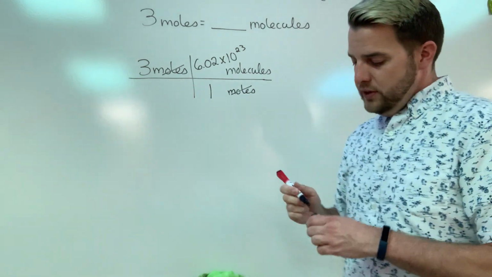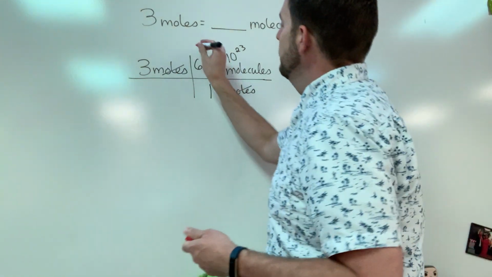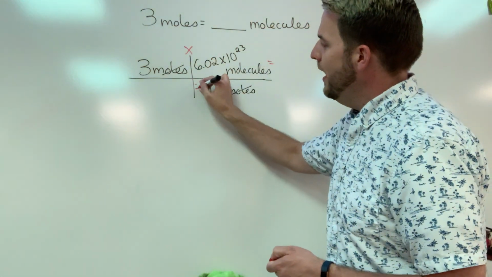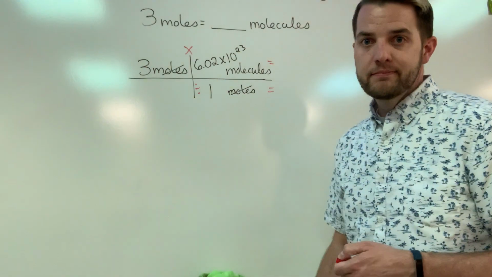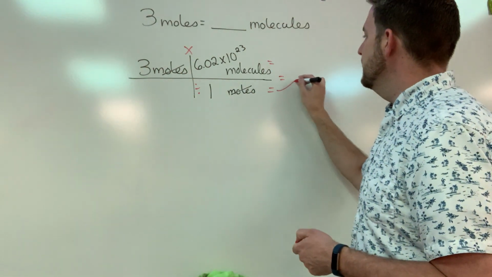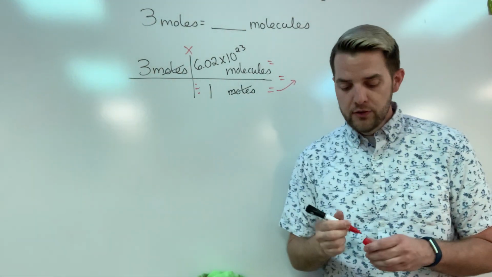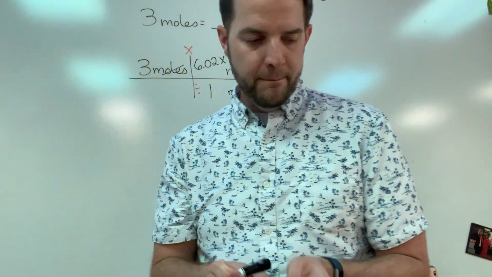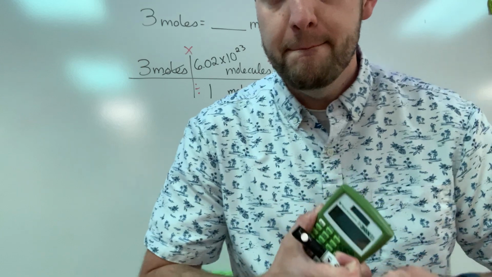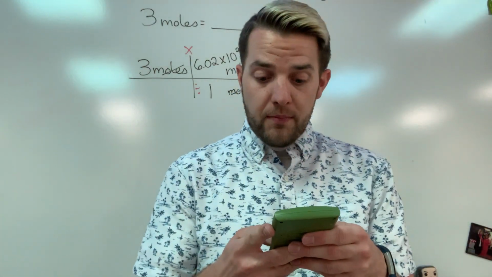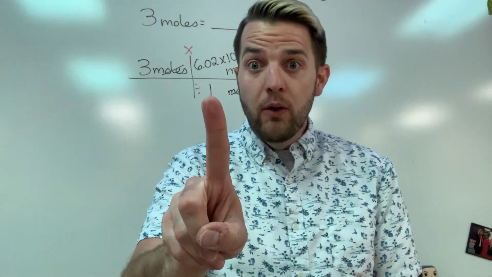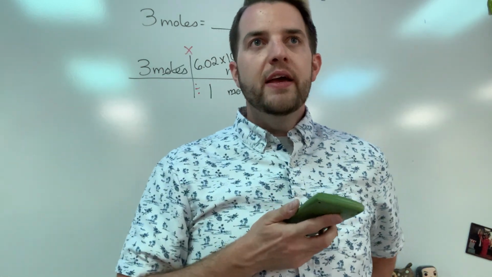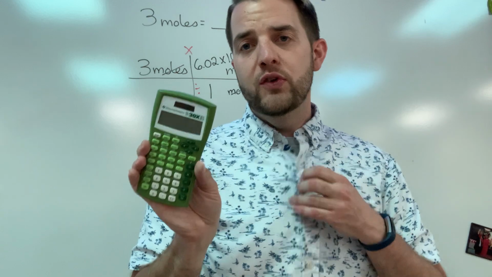So I'm going to do this just like I did the other problems. Multiply across the top, enter, divide by the bottom, enter, okay? And then that is going to be my final answer. So I'm going to take 3 times. Now, so many students make this mistake where they either don't understand how to do scientific notation in your calculator,